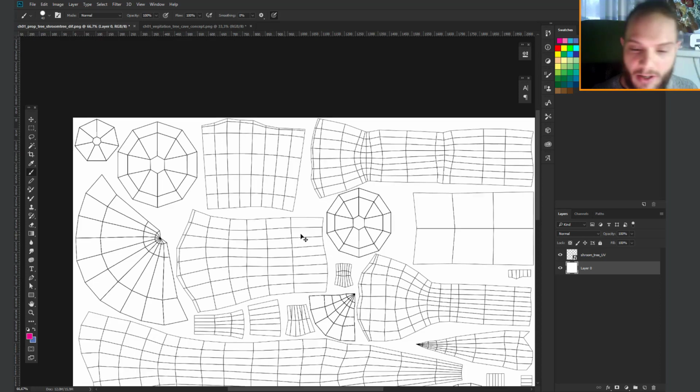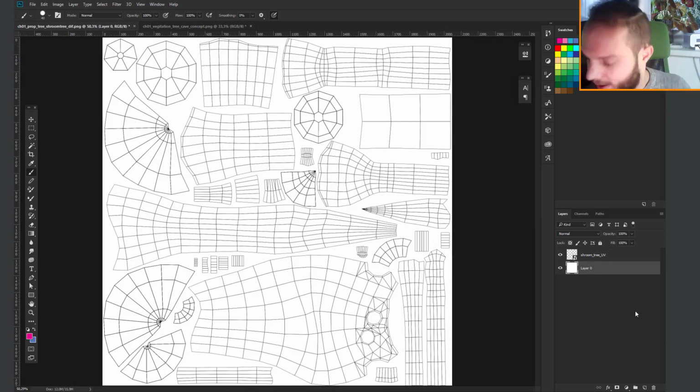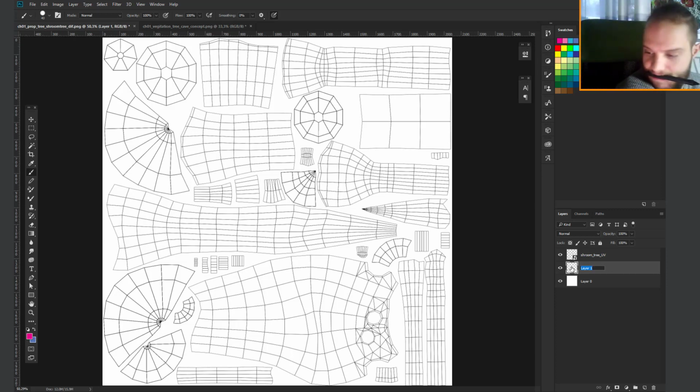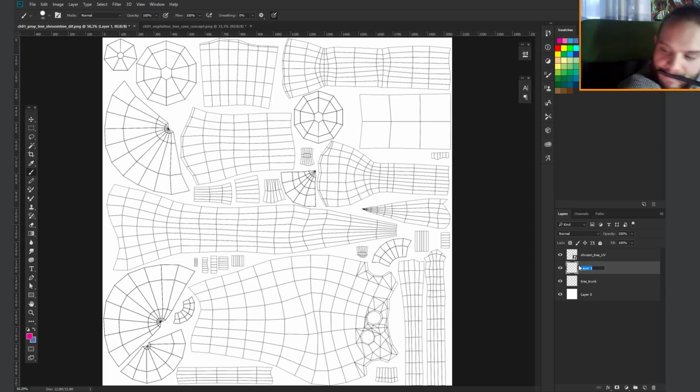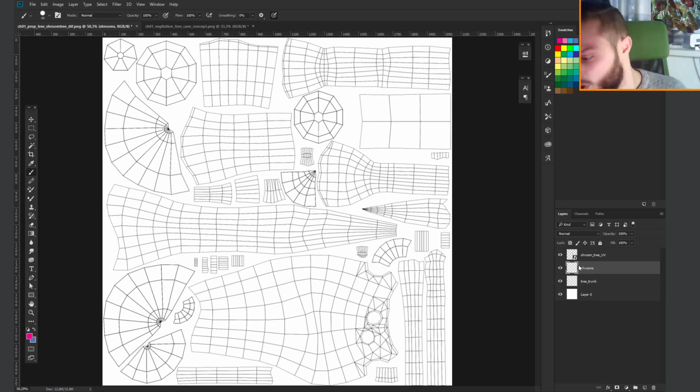But yes, I will create a new layer and name this tree trunk. Then another layer which is called shrooms,